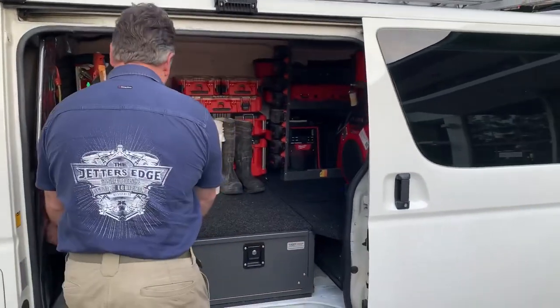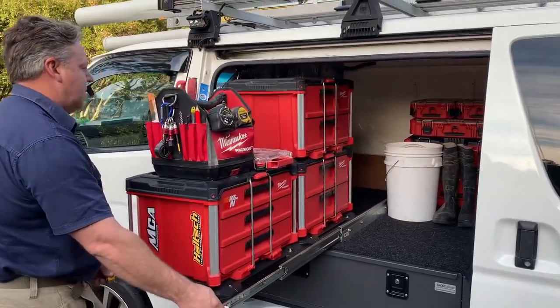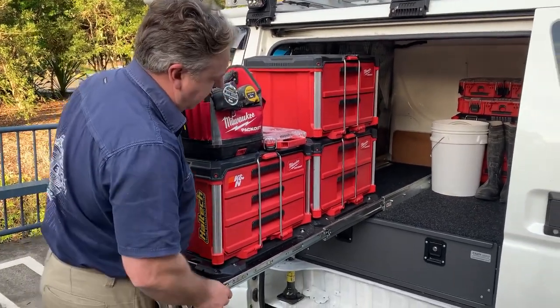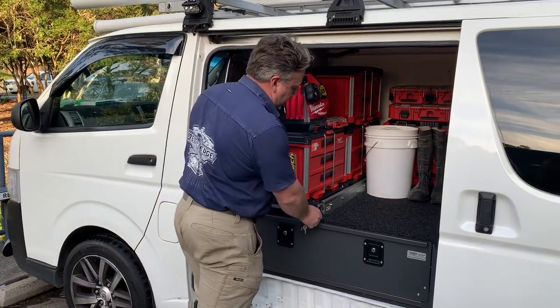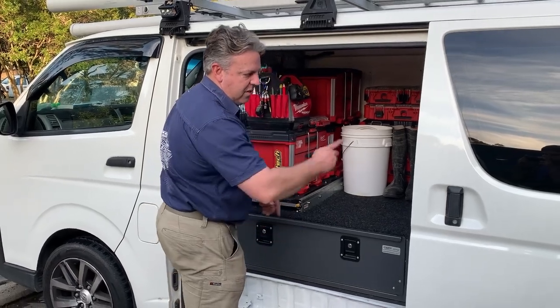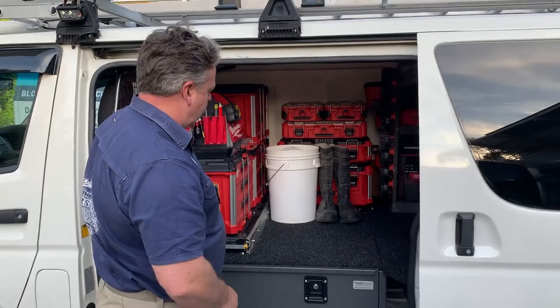So he's also got a slide here for his Milwaukee Packout stuff, which is really nice. So all his Milwaukee Packout gear is all accessible. He's gone with the caddy floor here, so he's got a nice trundle here he can pull out for storage, same at the back. The Jetta sits in there,